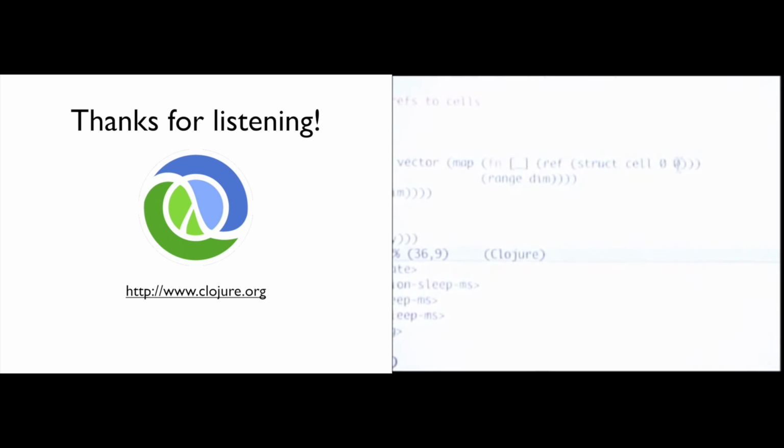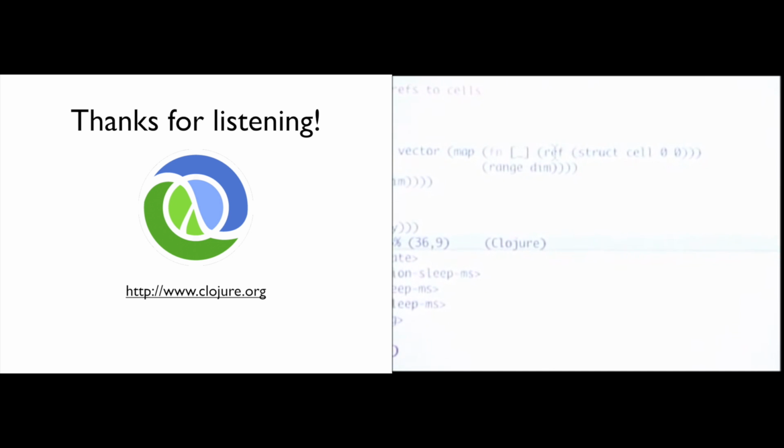We're going to create a struct cell object with no food and no pheromones, 0, 0. And we're going to call ref on that, which means we're going to create a reference around that data structure. And that reference is those refs I talked about earlier. That's something now that can only be changed inside a transaction. So we're going to end up with 6,400 references